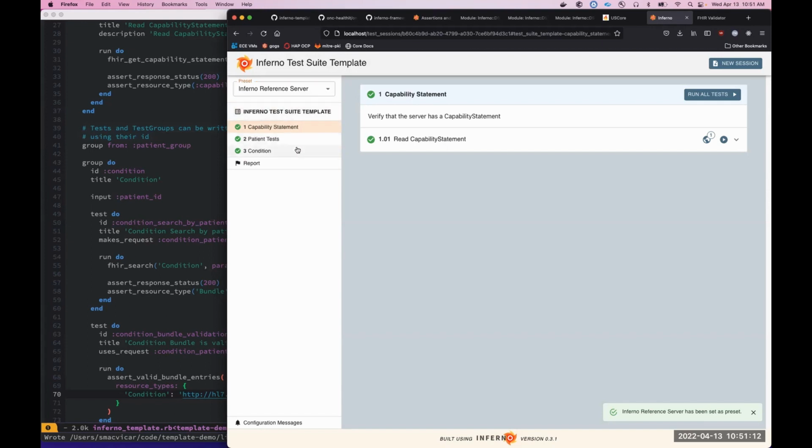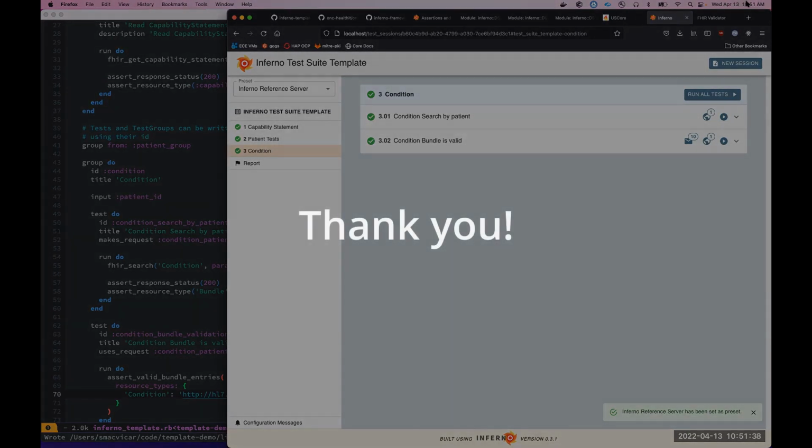And then we added tests to perform a search for conditions and to validate that those conditions are valid US core conditions. So that's the basics of how you can write tests with Inferno. And I was going to open it up for